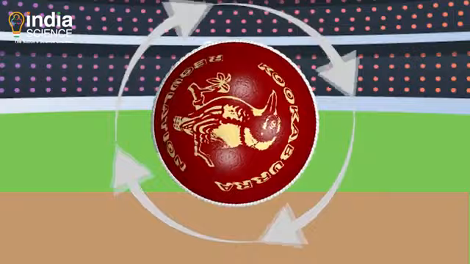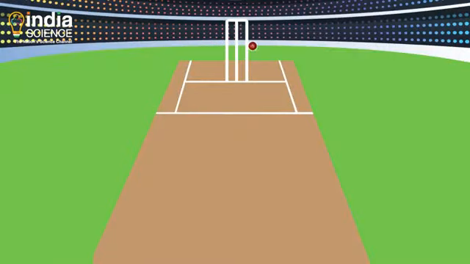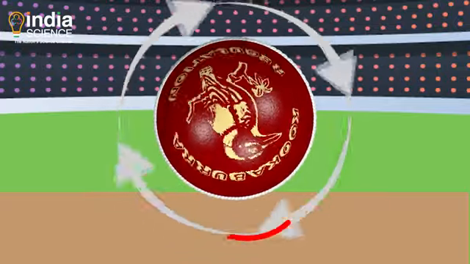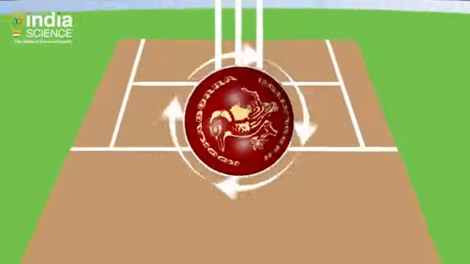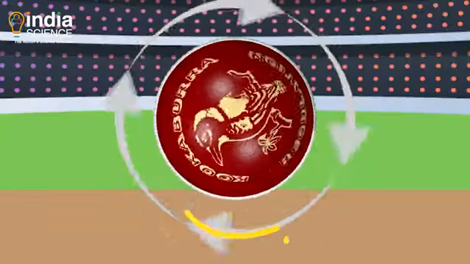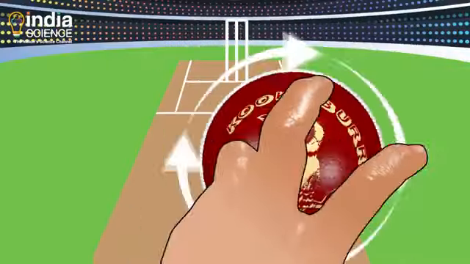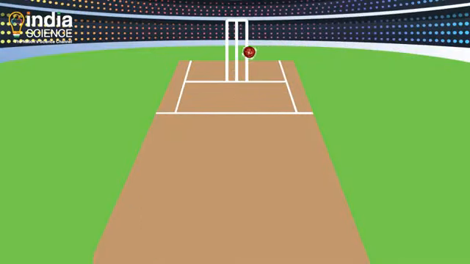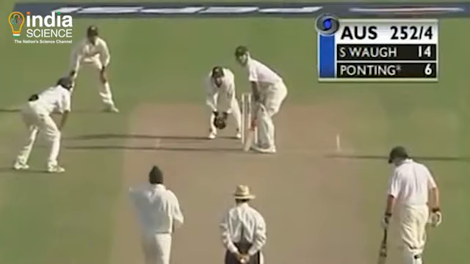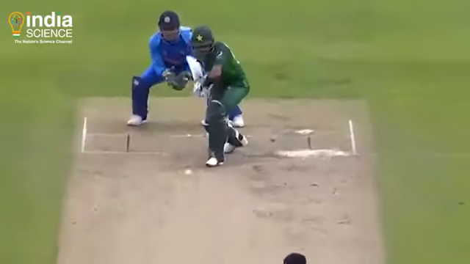If a right-arm bowler rotates the ball in a clockwise direction while throwing, the direction of rotation at the downward side of the ball is leftward. When it hits the surface, the surface applies a frictional force on it in the opposite direction, that is, rightwards. This makes the ball move rightwards. In cricket terminology, if the right-arm bowler does that, he is known as an off-spinner, and if a left-arm bowler bowls this way, he is known as a left-arm Chinaman.